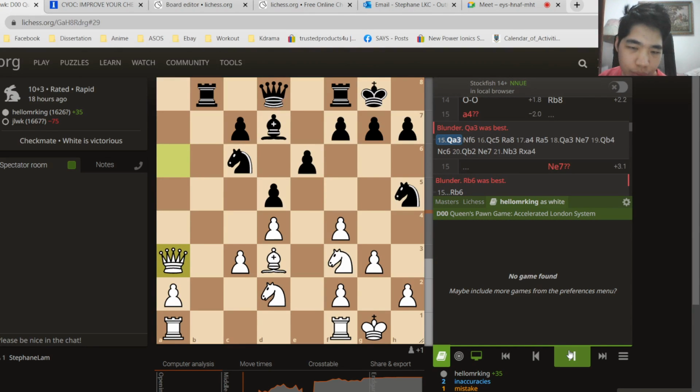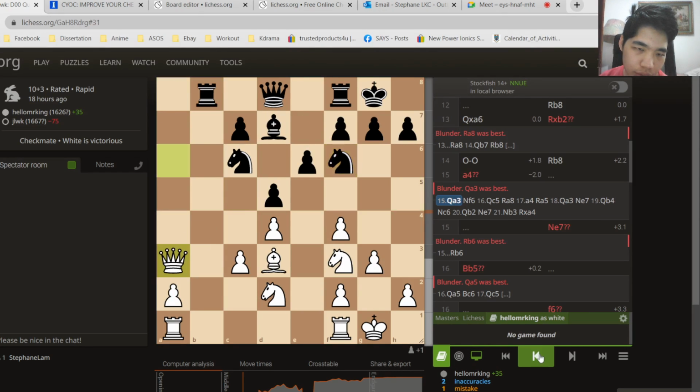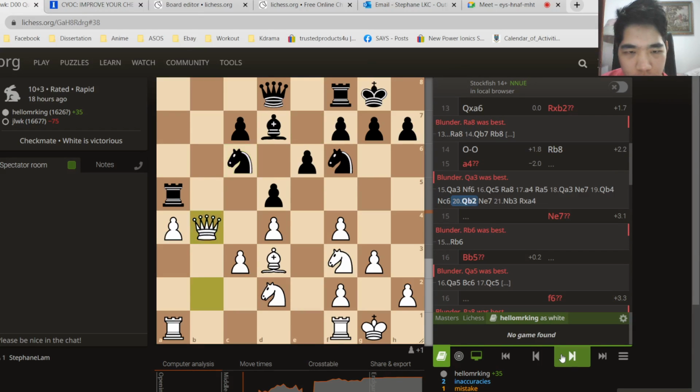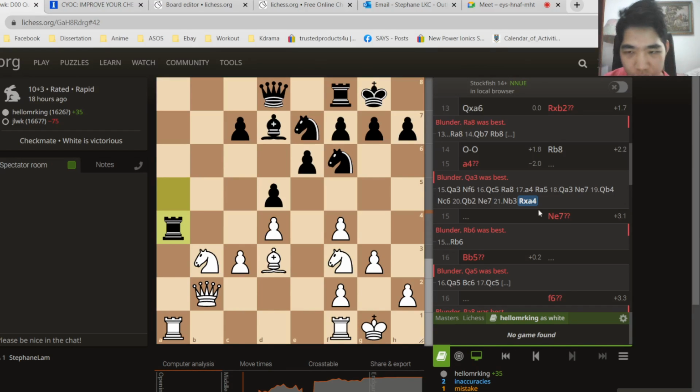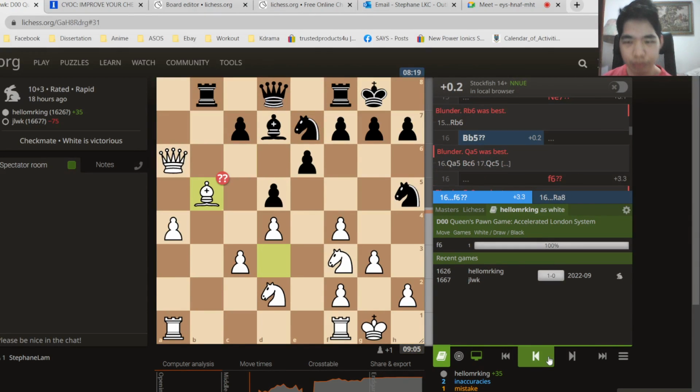There's this continuation queen a3 just to bring the queen back. You see, queen a3, then queen c5. You have to play always a4, then to play queen a3 back, just to bring back the queen. So usually white loses tempo. Yes, you lose a lot of tempo or moves. Okay, then here